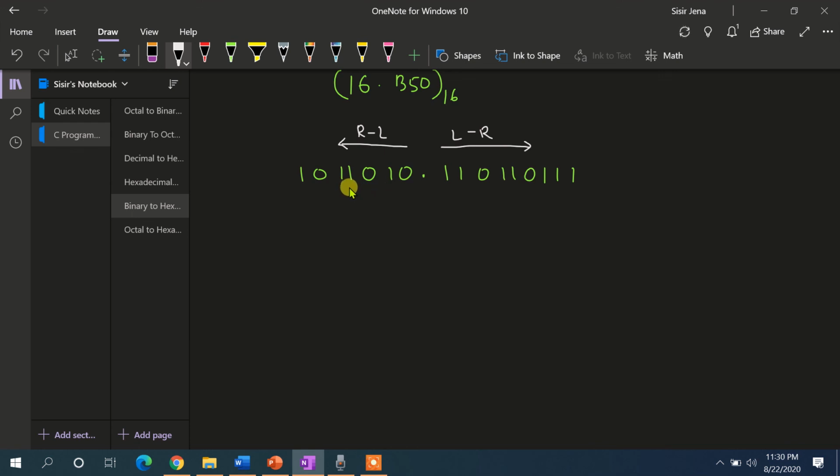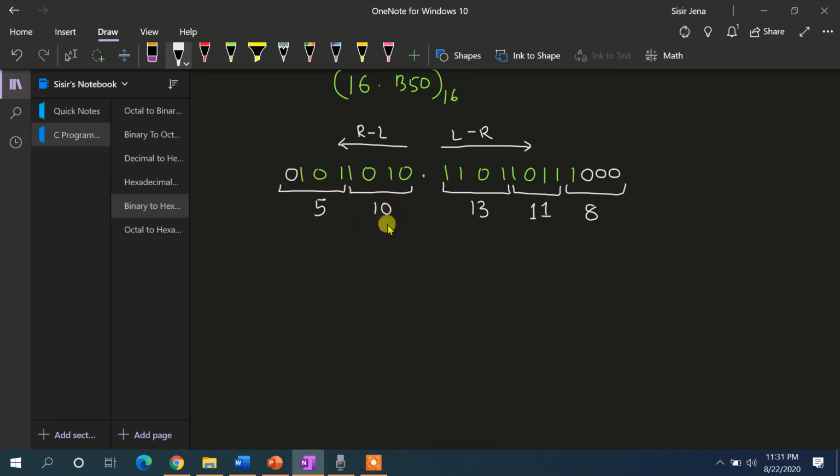So this is a 4 digit group, and this is another 4 digit group, by putting 10 over to it. In this case, you will combine from left to right 4 digits, this is 4 digits. Now there is no digit available for the last group to make 4 digits, so put 3 zeros and make it 4 digits. Now you have to write the corresponding hexadecimal equivalent. So this will be 10, this is 101, means 5. And this is 1 2 4 8, 8 plus 4 is 12, 13. So this is 13. 1011 is 8 plus 2, 10 plus 1, that is 11, and this is 8.